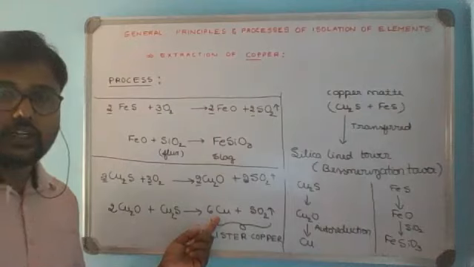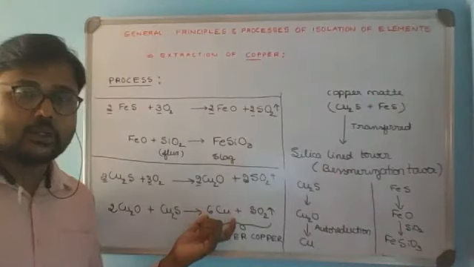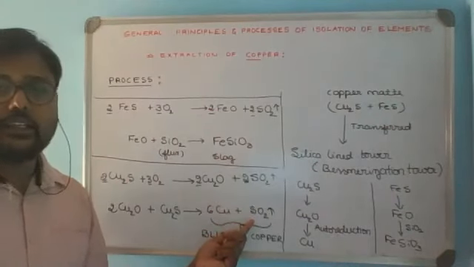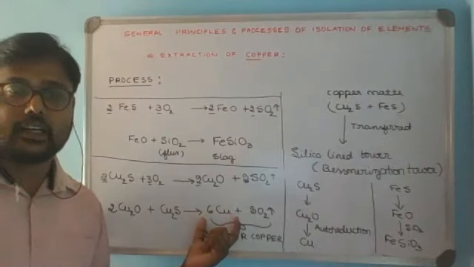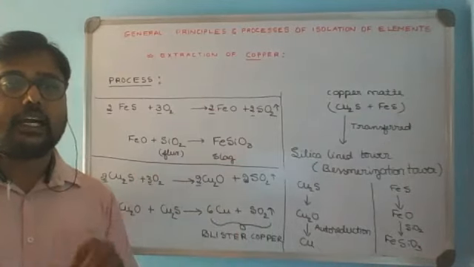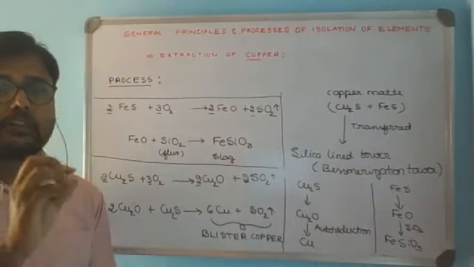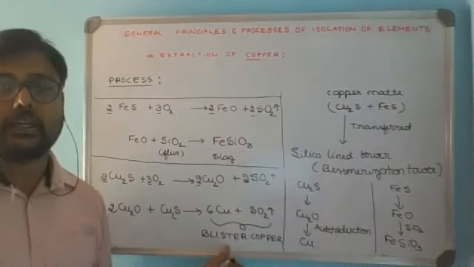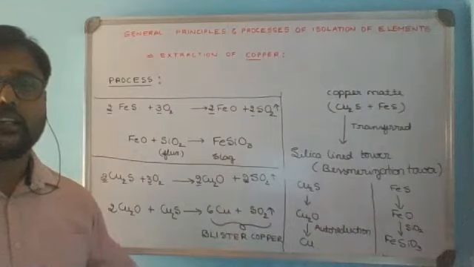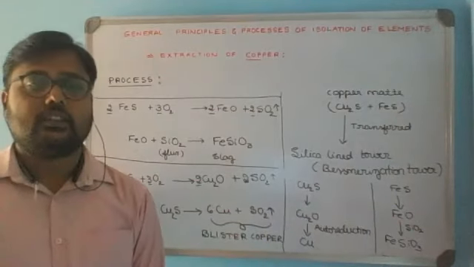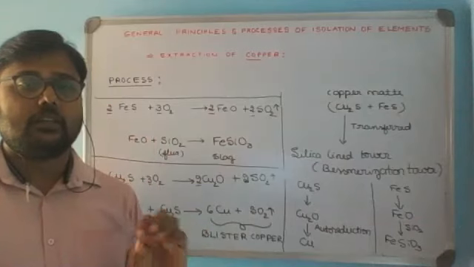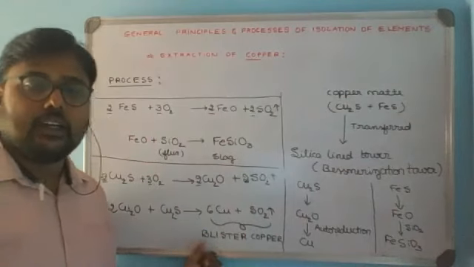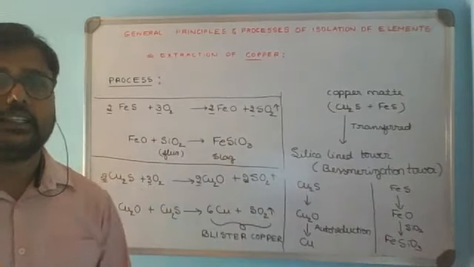In the reduction of copper in the final step, along with the reduced copper, sulfur dioxide gas is liberated. This liberated sulfur dioxide gas upon the reduction of copper gives a bubble-like appearance. The bubbles of sulfur dioxide liberating along with the reduced copper give it the blister appearance, hence it is called blister copper. So blister copper refers to the copper obtained with the reduction, where the liberated sulfur dioxide gas gives a blister appearance, hence the name.